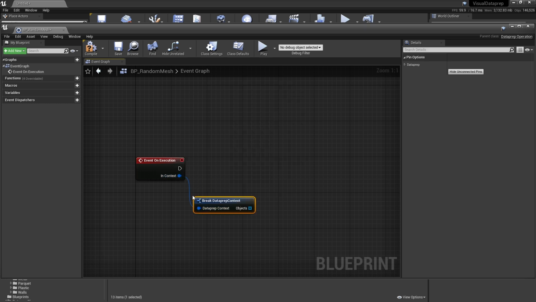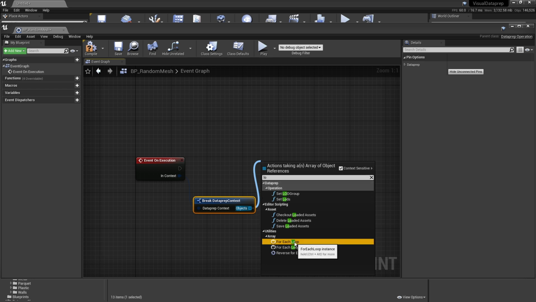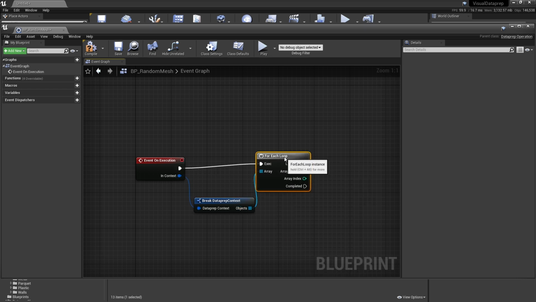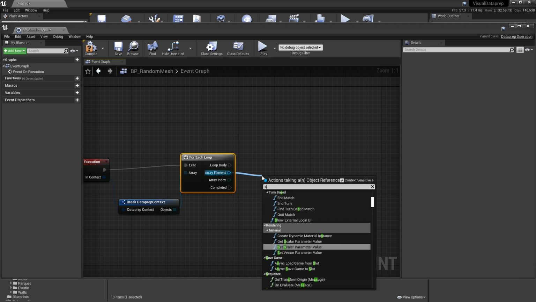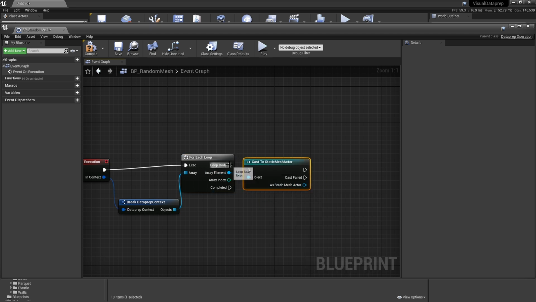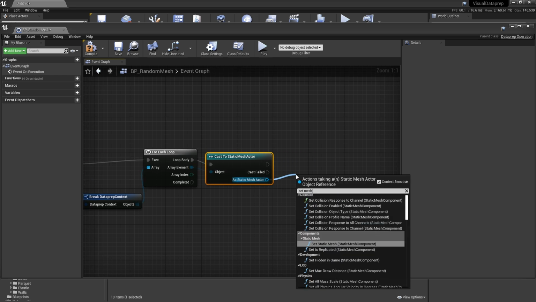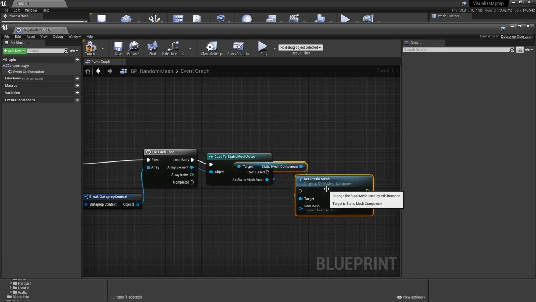I'm going to break the context to get access to the objects, and I'm going to loop through them. I'm going to do a for each loop. I'm going to cast them to static mesh actors. And in there, I am going to set their mesh. Set the static mesh.